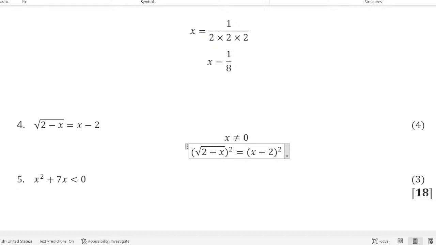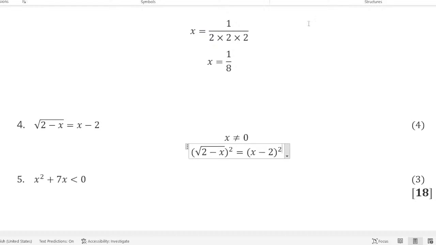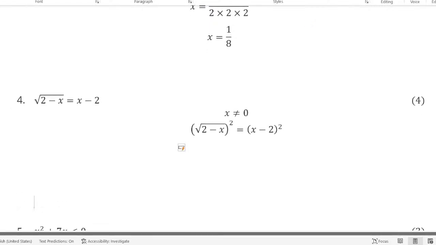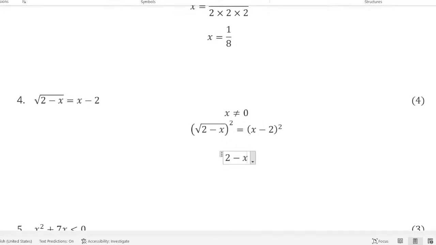We have x minus 2 all squared. I hope you are still following. When we are squaring a square root, we are only removing the square root. So on the left hand side, we'll be left with 2 minus x